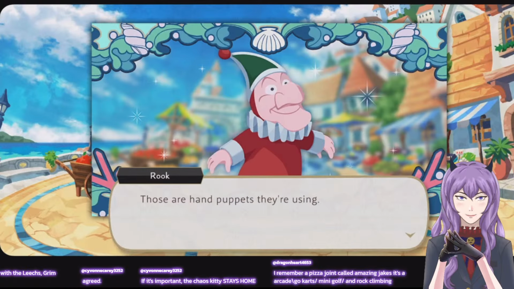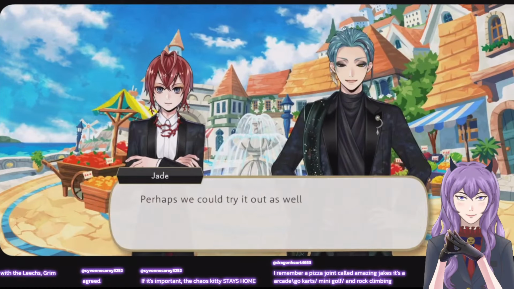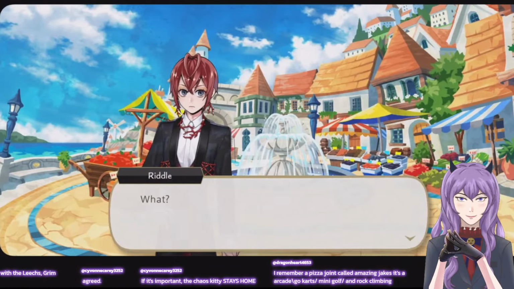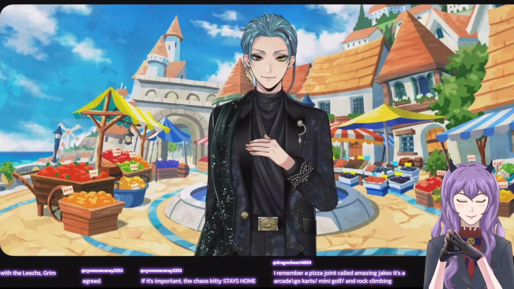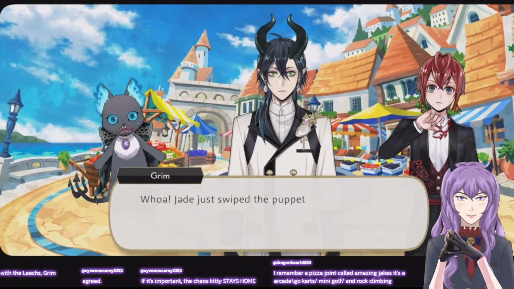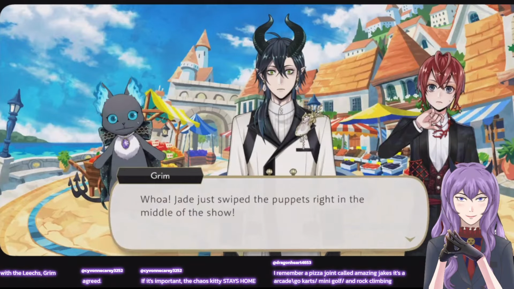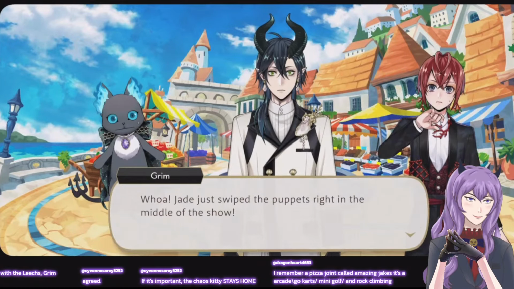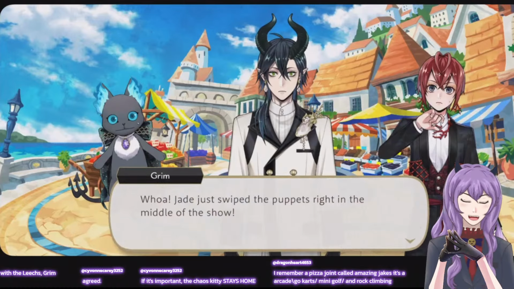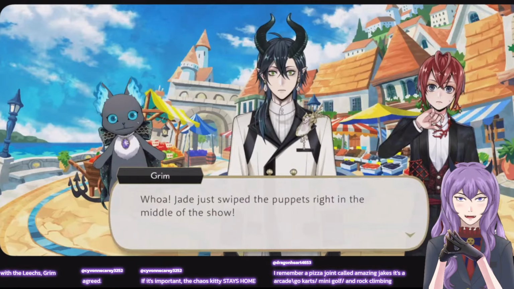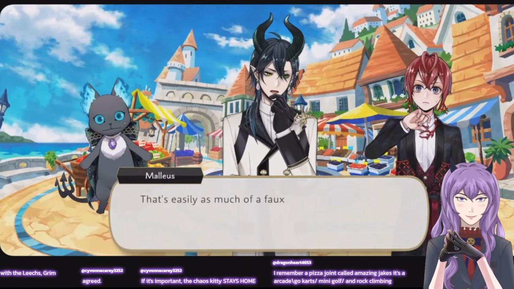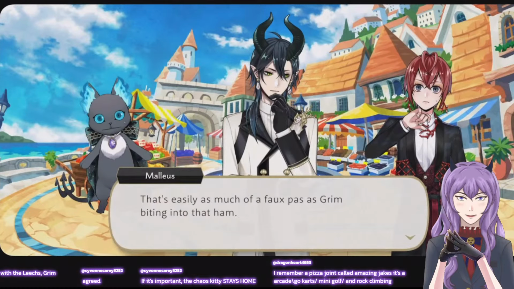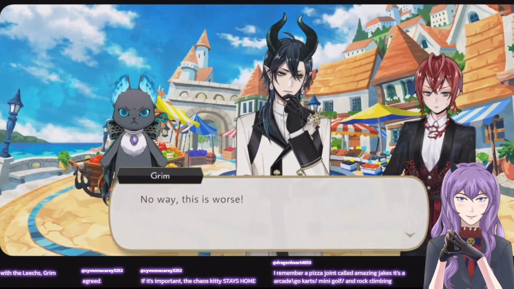Just little silly puppets. No, Jade, you can't just do that. Just swipe the puppets in the middle of the show. Like my puppets now.